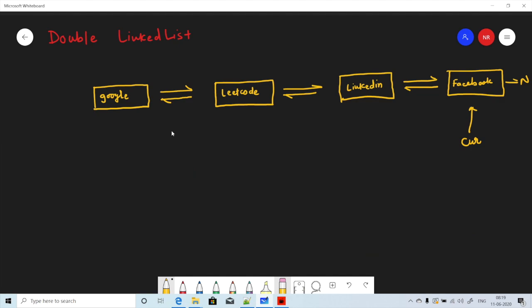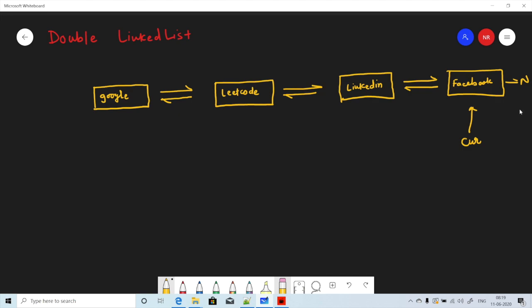In the previous example we used stacks to maintain the history of browser site visits. The same history we can maintain using a doubly linked list. So whenever a new URL visit comes, we will append it to the next of the current, and we will move our current to the next level.